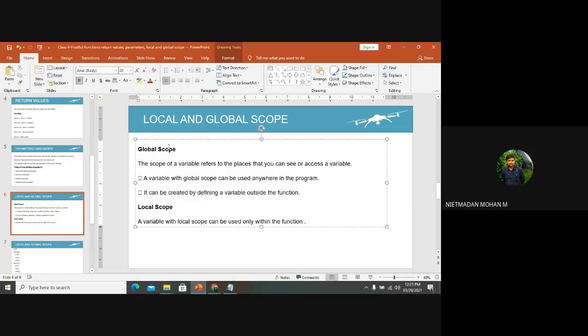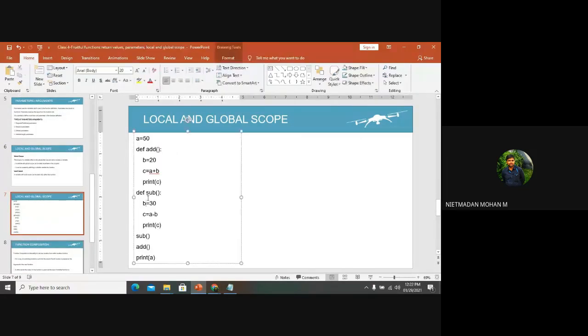Now coming to the global scope, it means you have already defined in the main program a variable and given it a value, and wherever you need that variable, you can use its value in all parts of your program, right? Yes, I will go with one example here.